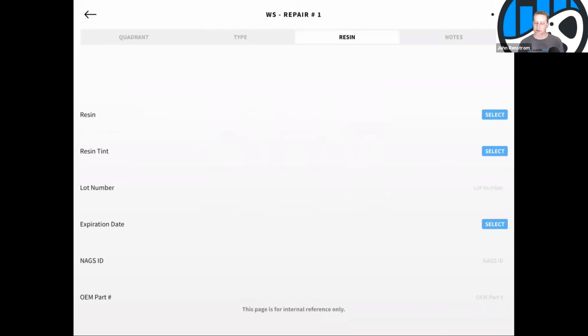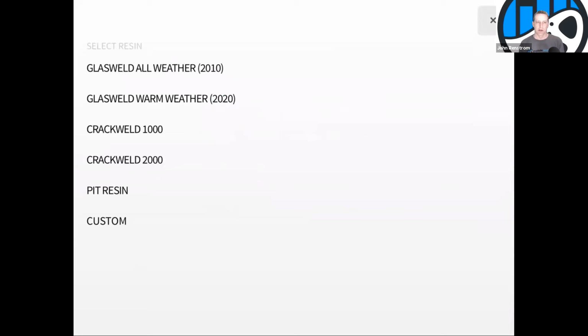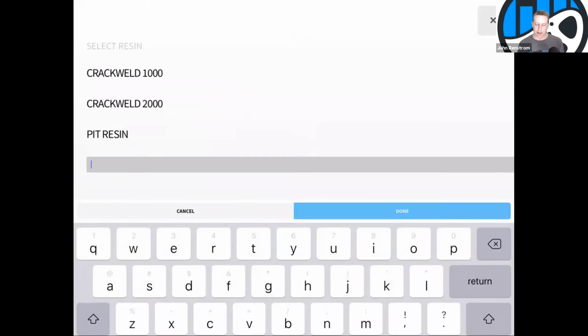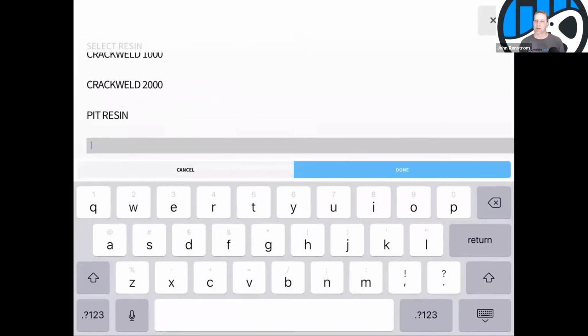This allows you to select the resin that you used. If you're not using one of these particular resins, then you can click on the custom box, and here you can type in the name of the resin. I've got another video on this. If the resin that you use is not in our system, but you're going to use that every single time,